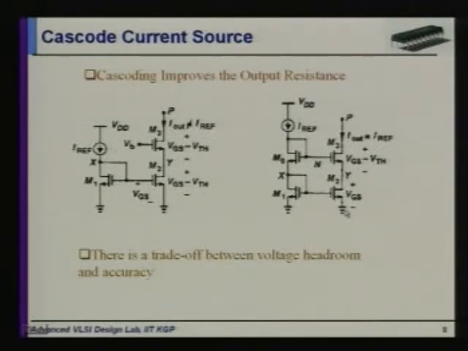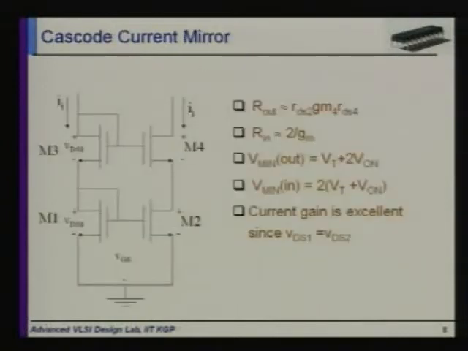Now what is the problem? Here it is more than VTH. That is, here it is 2 VOV plus VTH. So we have to sacrifice our minimum output voltage in this cascode current source circuit. I am saying cascode current source circuit because we want to get a more accurate current mirror. Here there is no magnification factor because A_I equals 1 here.